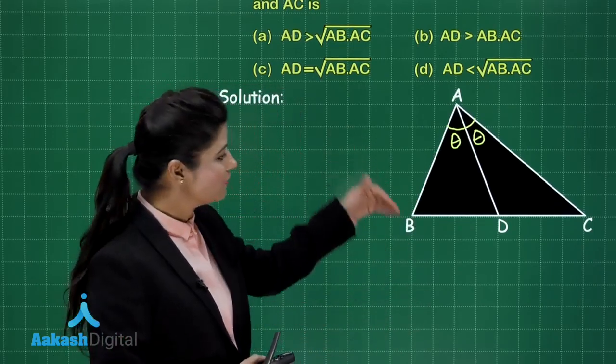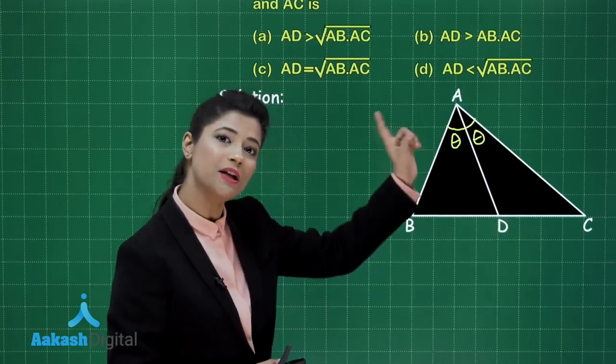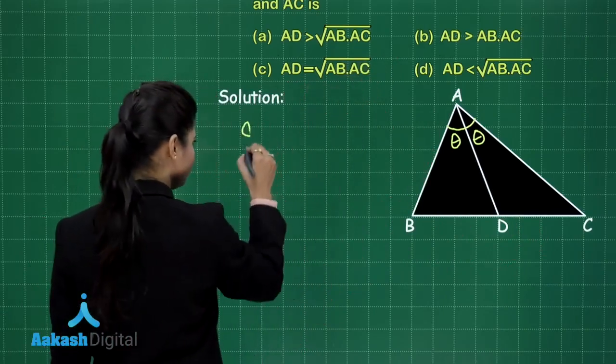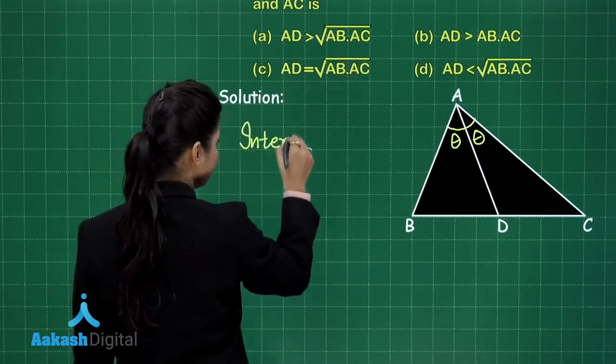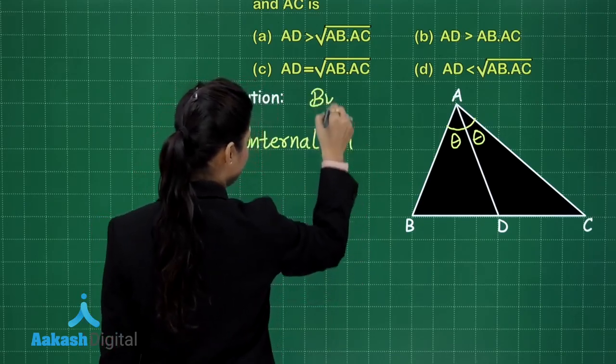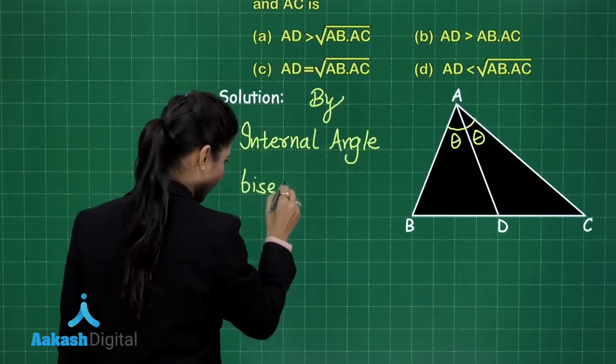The bisector of an interior angle divides the opposite side in the same ratio as the other two sides. Okay, so if I mention here, by the internal angle bisector theorem,